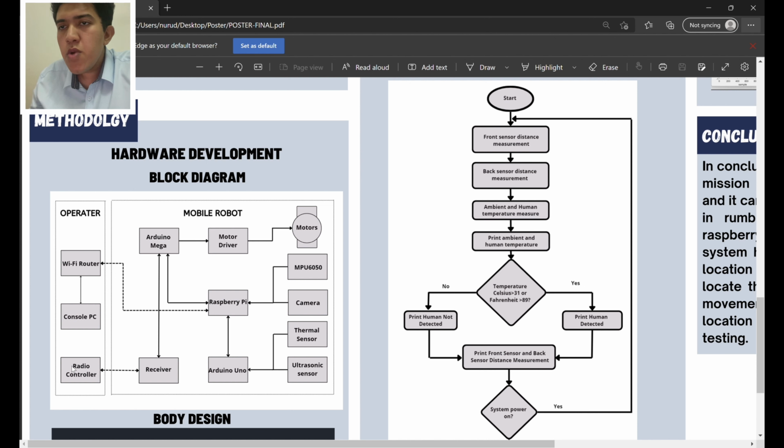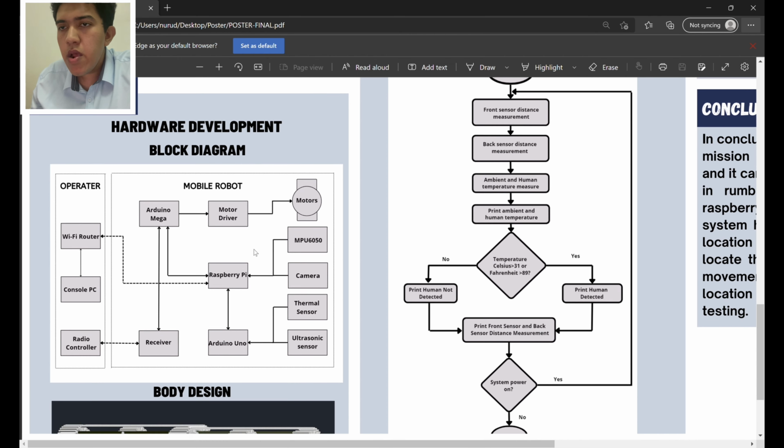In the hardware development, we have done the block diagram, schematic diagram, and the body design. Here I have shown only the block diagram, where we have three microcontrollers. First one, the Arduino Mega, then the Raspberry Pi, and the Arduino Uno. The Arduino Mega controls the motors, and the Raspberry Pi shares the camera views and also the MPU6050 data through Wi-Fi to the console PC, and the Arduino Uno helps